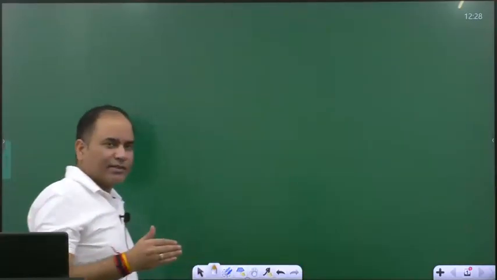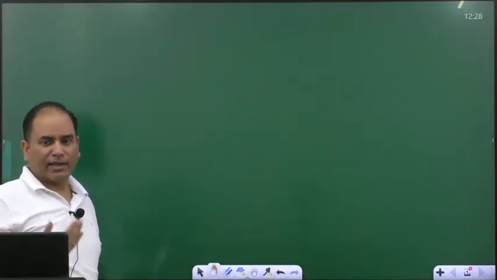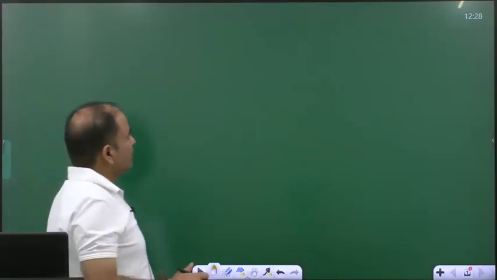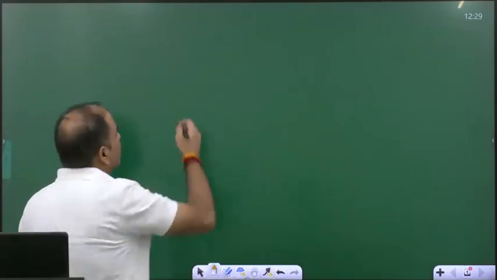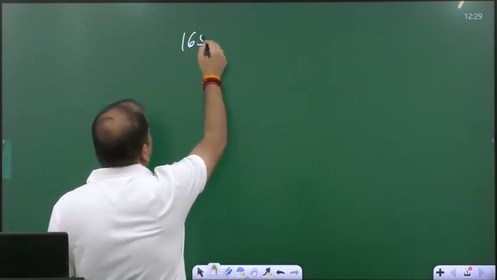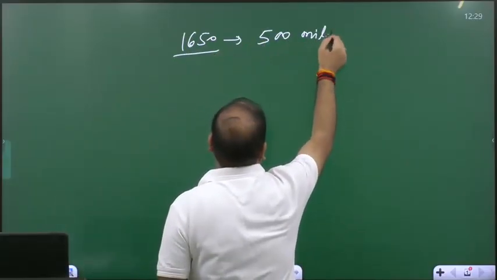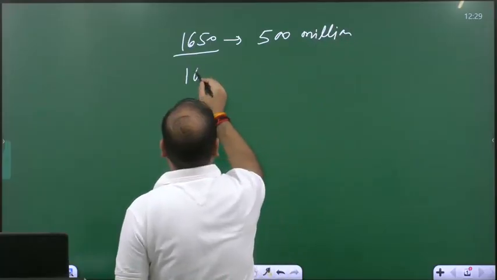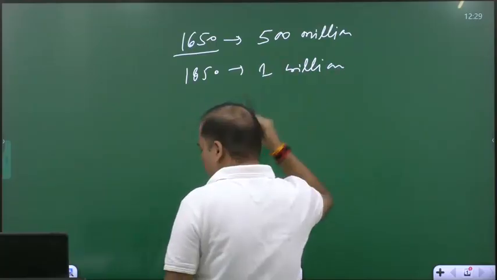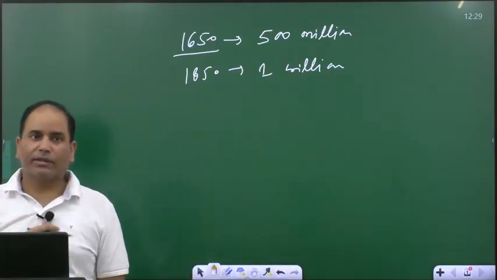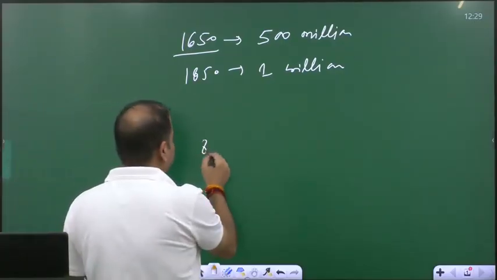At the starting of the Roman era, or you can say the Gregorian calendar, the population was around 250 million. And around 1650, this population reached 500 million. And then in 1850 it reached 1 billion, and it is expected, we will discuss this, that this population will reach 8 billion